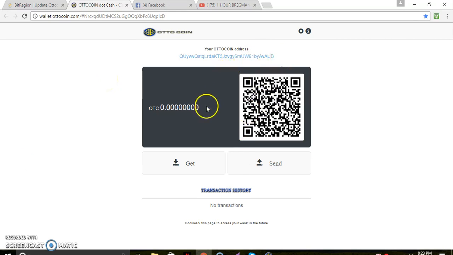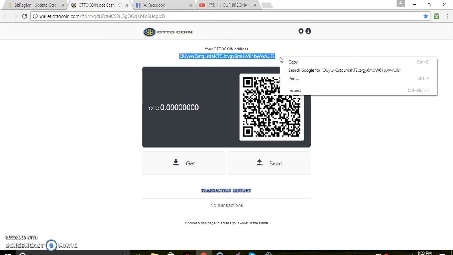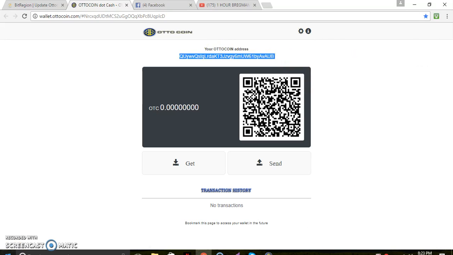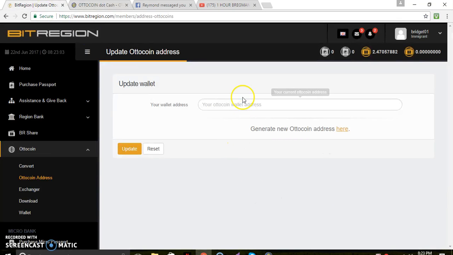After generating your wallet, bookmark it on your own gadget or laptop, and then this is your AutoCoin wallet address. Copy it here and paste it into this column, then click update.